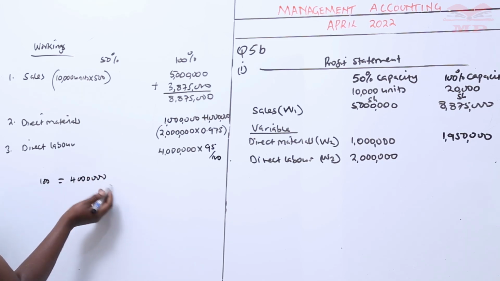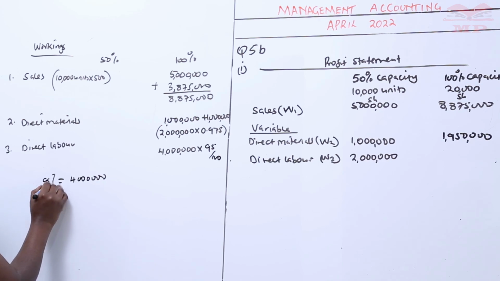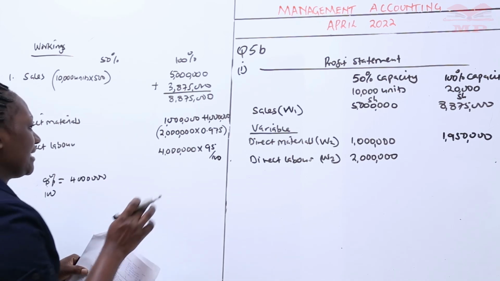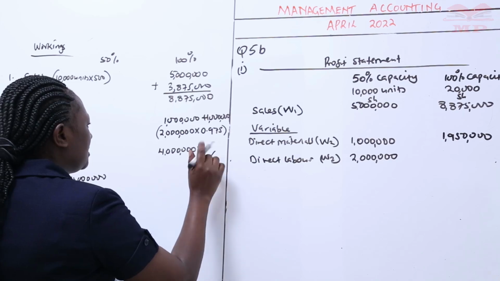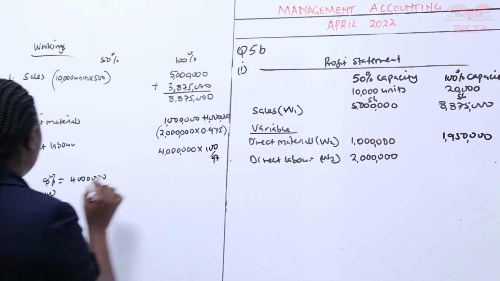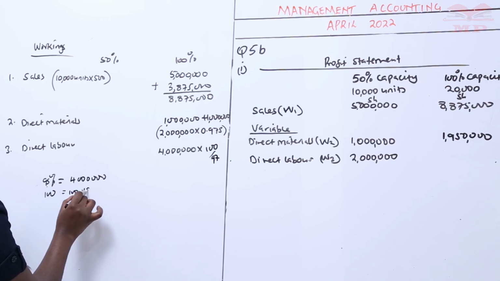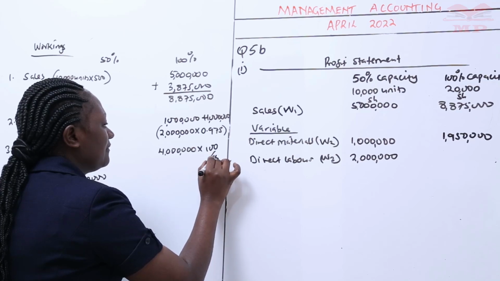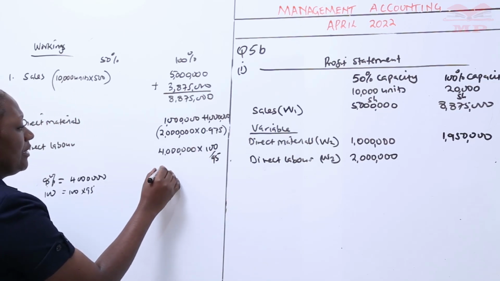If 95% equals 4 million, what about 100%? It should be 100 over 95. This will be 4 million multiplied by 100, then divided by 95. And so when you calculate this,